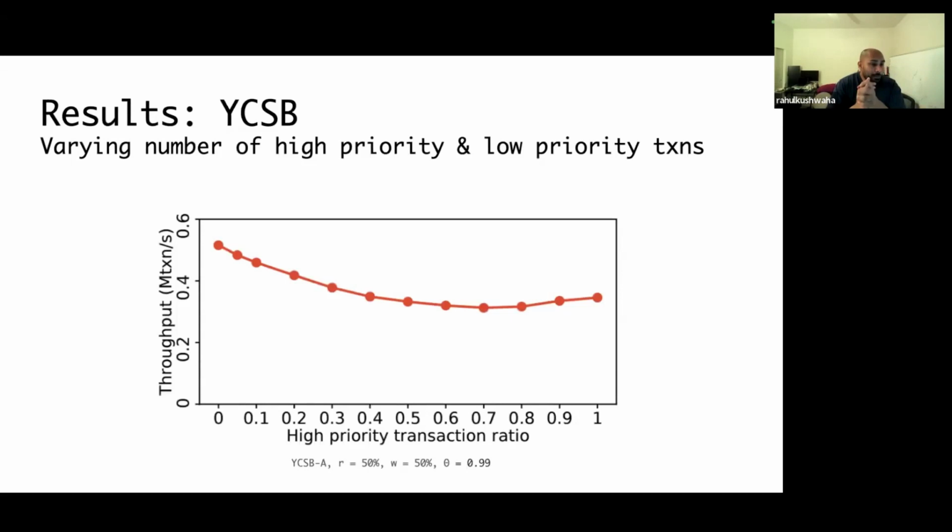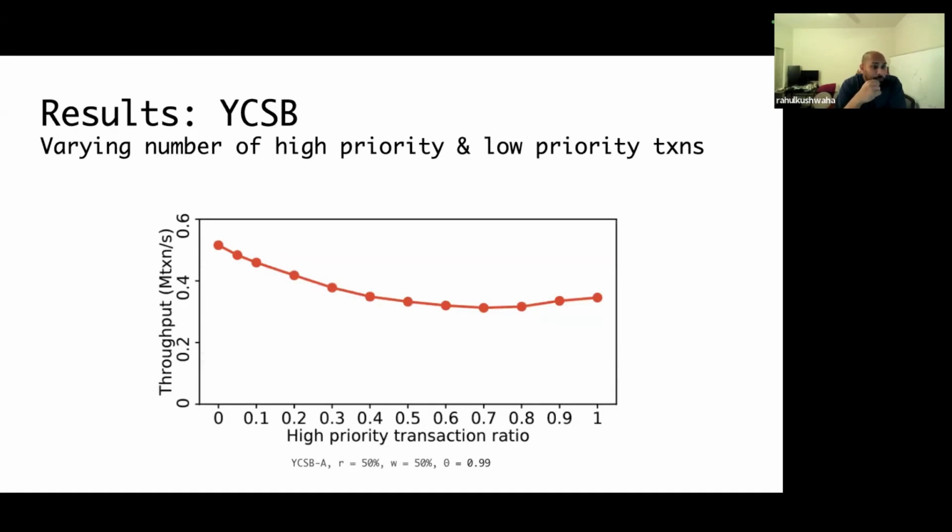This first graph is a pretty interesting one. In this experiment, every transaction is assigned a binary priority, 0 for low priority and 1 for high priority. And if we see, the graph has kind of a U shape. On the left side, they claim that we get the same transaction throughput as Silo,